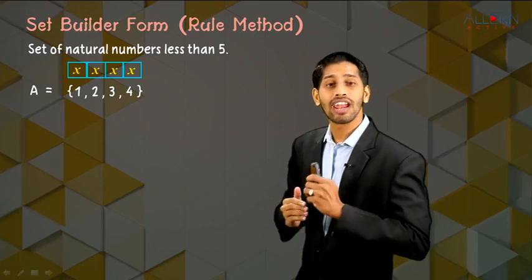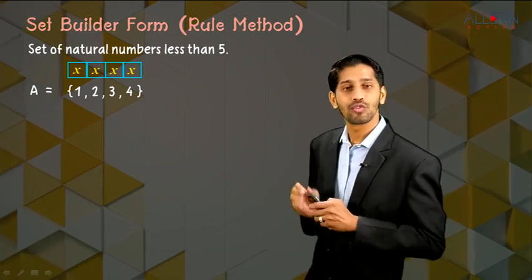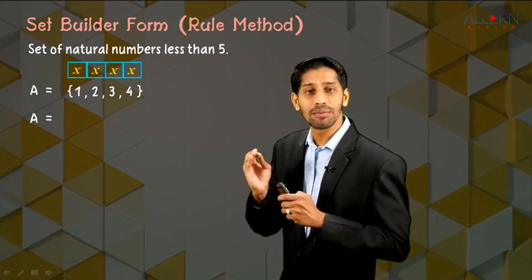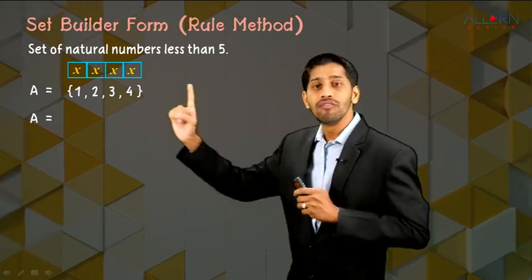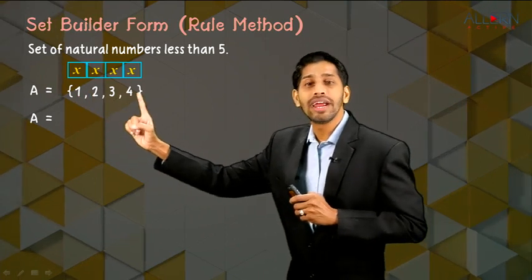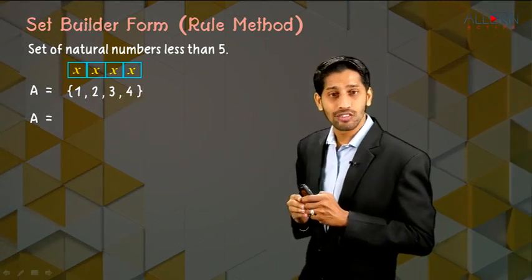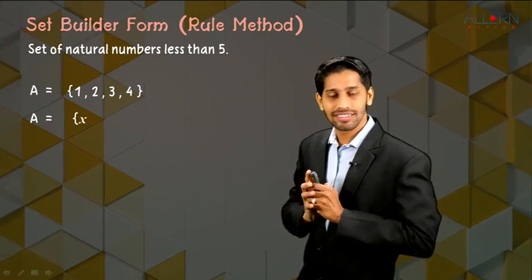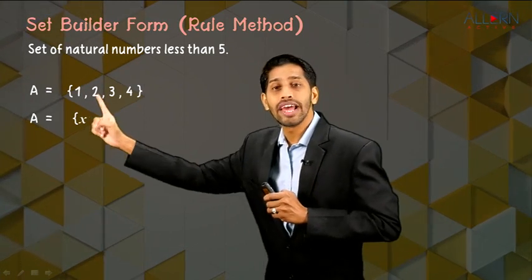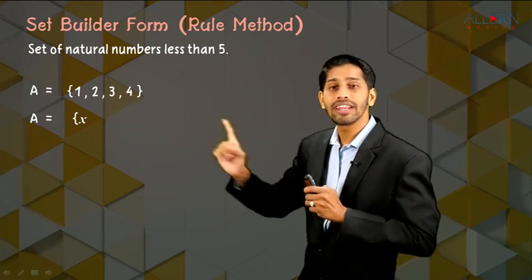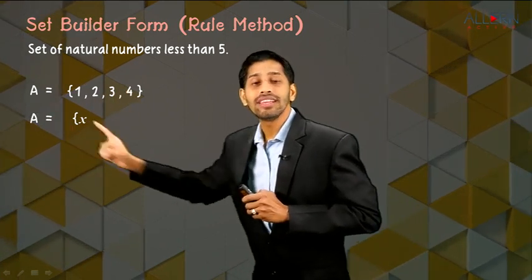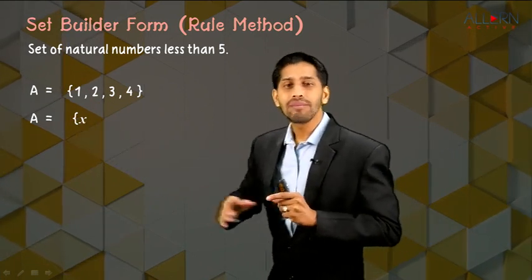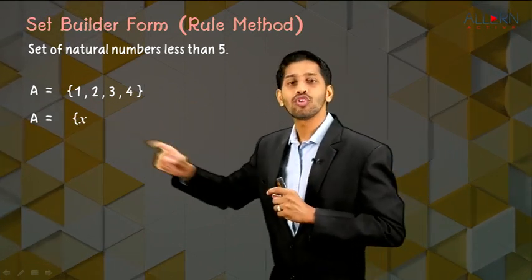Now let's understand how exactly we are going to form a rule. So we start, we'll name the set as it is, that is A is equal to curly bracket. Now we know that all these elements are assigned a variable x. So we'll write x together, that is called as all x, right? So this x is called all x. So how do we read it? A equal is, that is A is. Curly bracket means set of and x means all x.